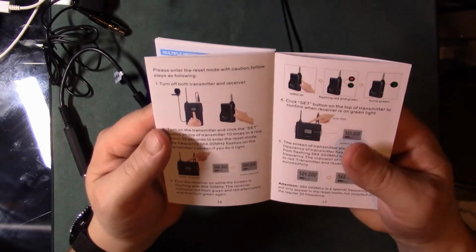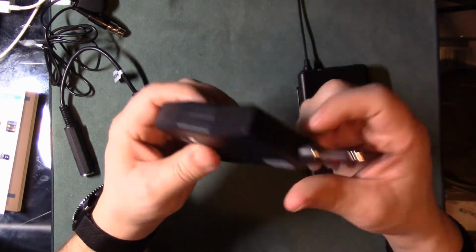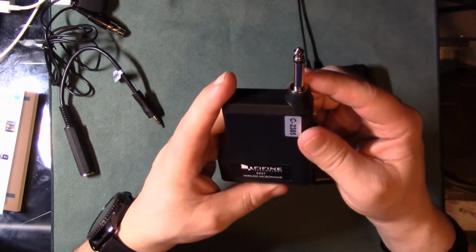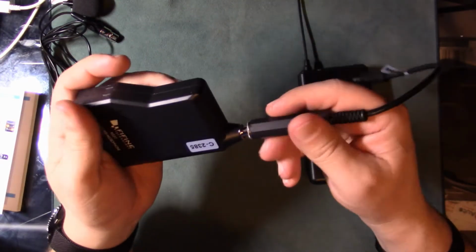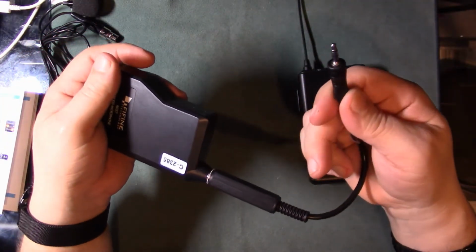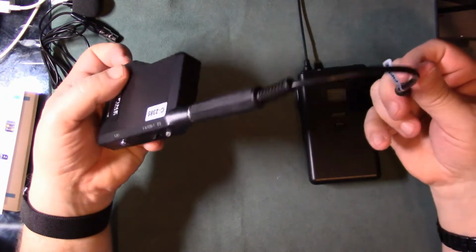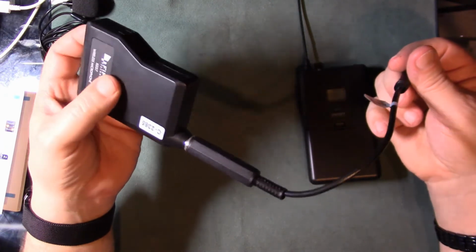So now I gotta see if I can find some batteries for this. Build quality is really cheap, right? For $56, you can't really go wrong with that, I guess. So this fits over top like that, and this would plug into your camera. Now I already find a problem with this, is having a setup like this. Is what you got on your camera. You're gonna have to figure out a way how to attach this to the body of the camera somehow,